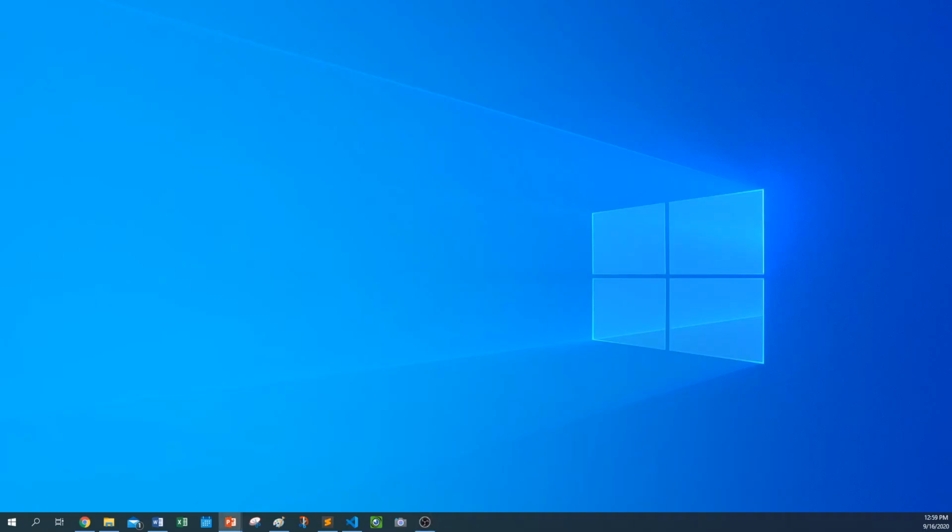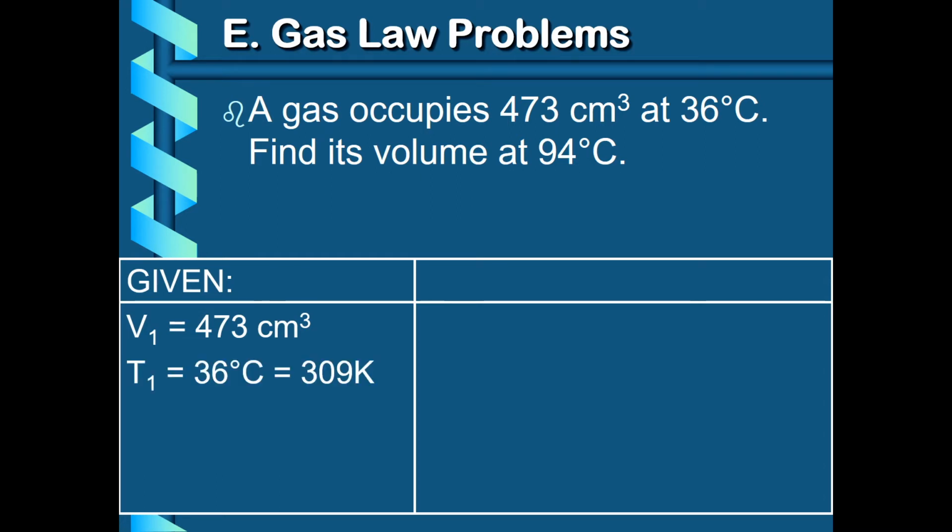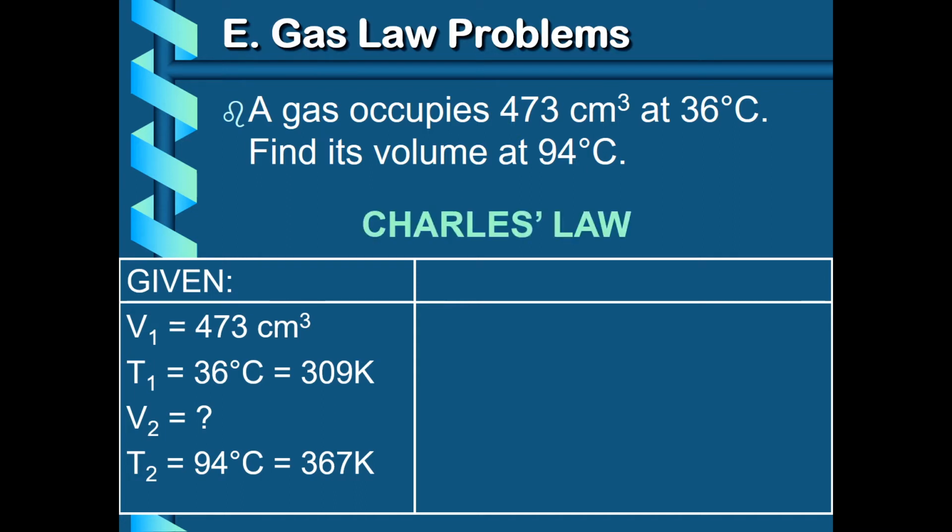So they use the alternative formula where it's all multiplication. So your given is 473 cubic centimeters. Again, you have to convert temperature into Kelvin. You're solving for V2, and you're given a temperature that needs to be converted into Kelvin. You know that this is going to use Charles' law because pressure isn't mentioned. It is very good that once you figure out which law it is, you